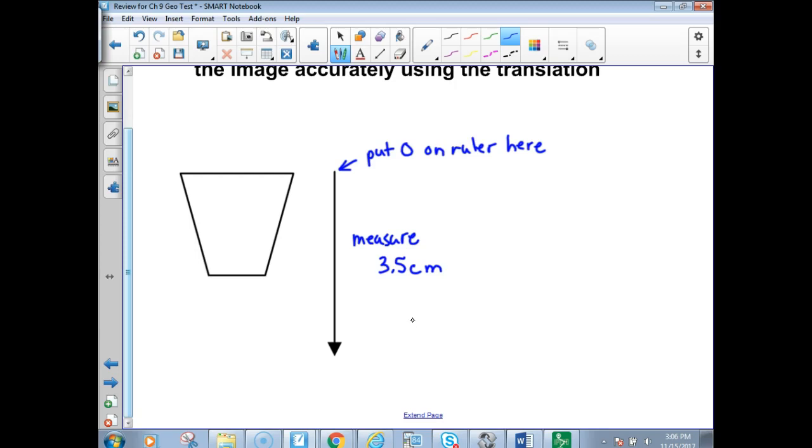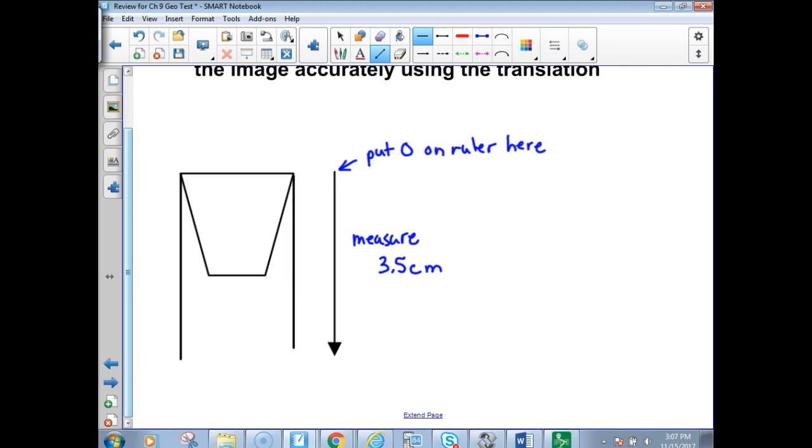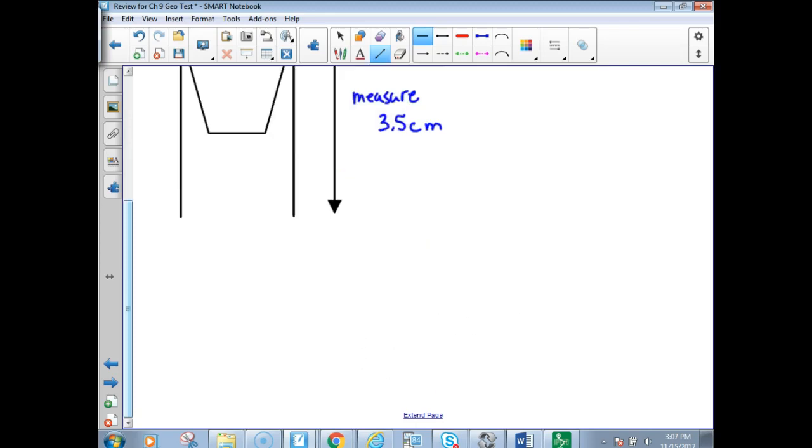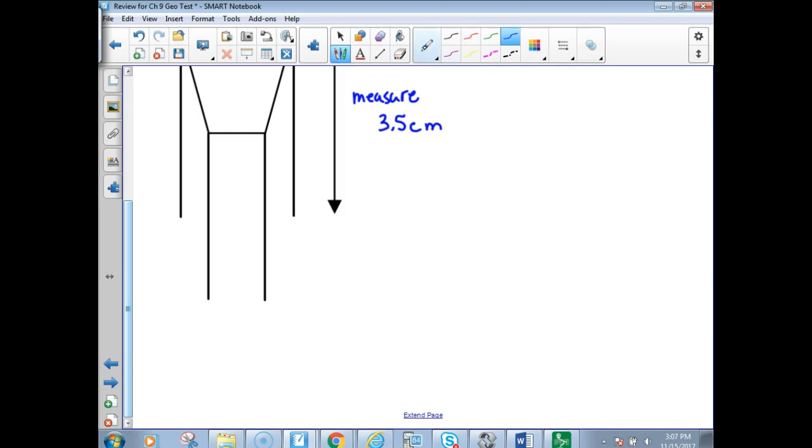Okay, so what you do then is you slide over. And you go the same distance straight down from each corner. So you're going to come straight down that distance from every corner. You can draw the little lines even. I believe I have to kind of extend my page also to get it to look right. You're measuring from every little spot 3.5 centimeters. Once you do that,